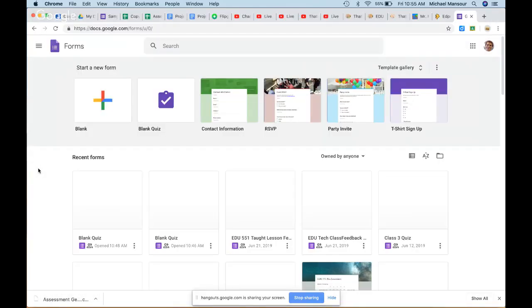Hello everyone, this tutorial is about using Google Forms and Microsoft Forms to create quizzes that you can assign to your students that are auto-graded and will save you some time and are fairly convenient to use. So the first thing you want to do is head over to forms.google.com or alternately you can also go to